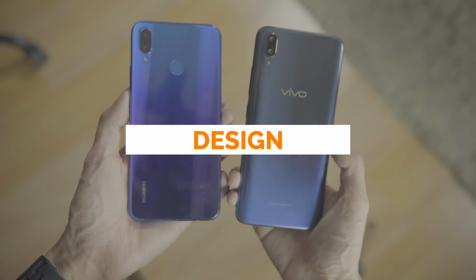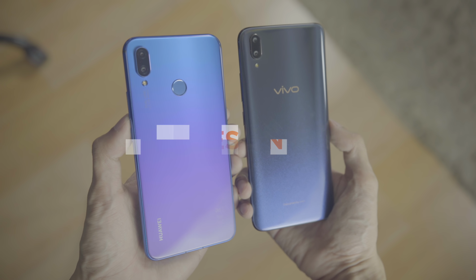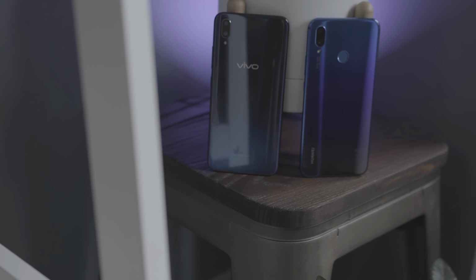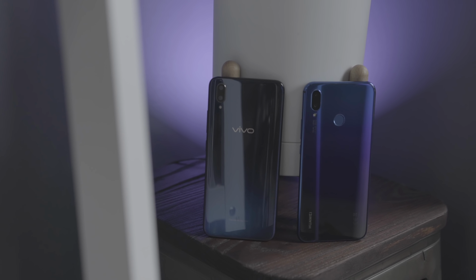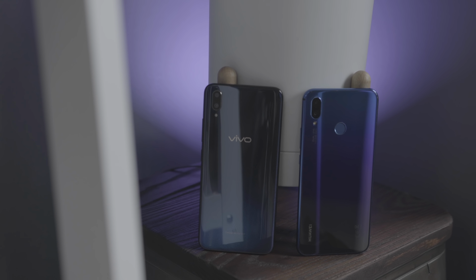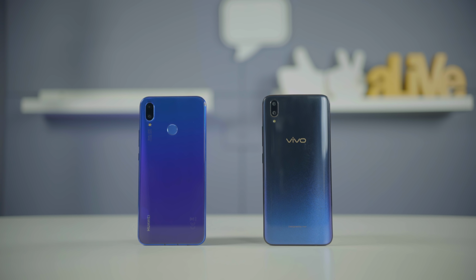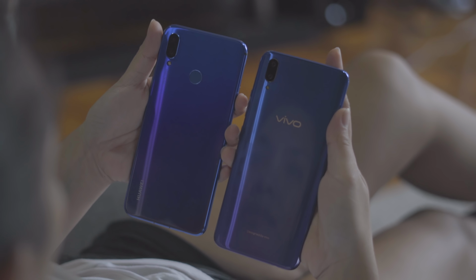Let's begin. Design and build quality is up first. Now both these phones have strong designs, but what immediately sets them apart are the color choices. So V11 has this gradient effect back, and this unit we have here gives off a dark blue or dark purple glow, depending on how you look at it. The Nova 3i also has a gradient effect, but it's not subtle at all. It's very shiny, and the blue and purple shifts around, depending on the angle you look at it. So on one hand, we have a more muted, stealthy look with the V11, and the Nova 3i is all out and shamelessly shiny. For me personally, I like the Nova 3i shiny backside a little more,